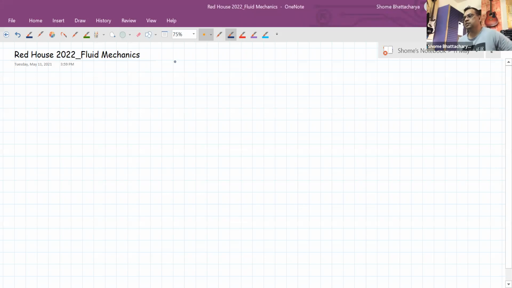So this will be our first session of fluid mechanics today. And as I said, I know you're preparing heat and thermodynamics, and particularly for the radiation part, you might be having some doubts and questions pending both from the module as well as HC Verma. So we have the additional session on Friday. We will discuss questions and doubts in that. Keep sending me your questions on WhatsApp till then.